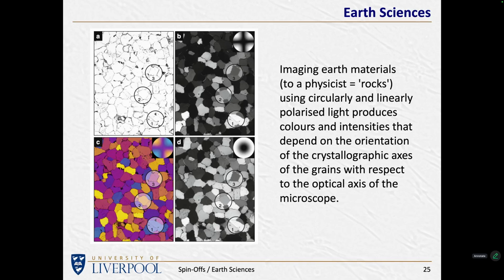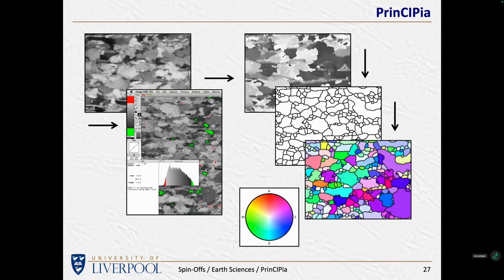And we can start to pick out information if we pass the light through polarizing filters in the microscope. That allows us to pick up information that relates to the polarization of light and its relationship to the angle of the crystals in each of these little crystallites of rock. And as I say, I'm not going to go into detail, but I wrote software that allowed me to take lots of images of rock samples taken through different polarizers at different angles, and they were processed and quantified,